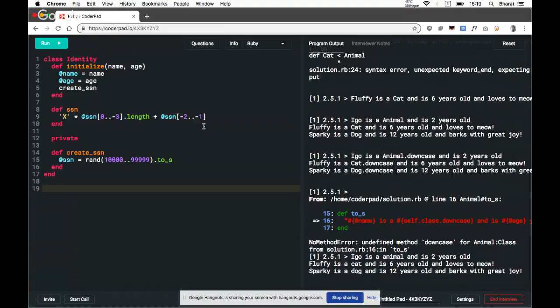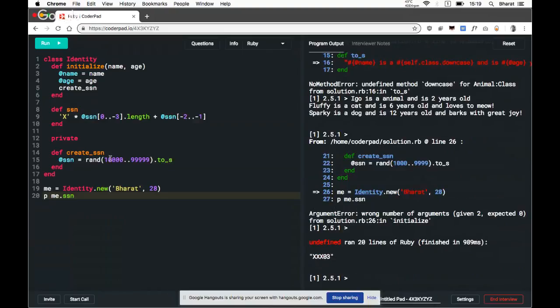Now, if I create an instance of this identity class, and inspect the output, I should get something that works.